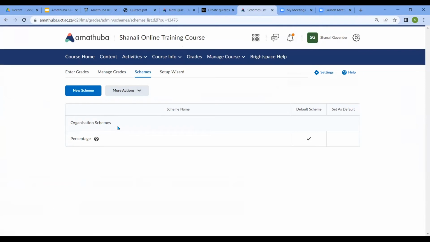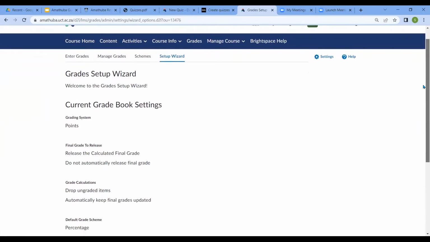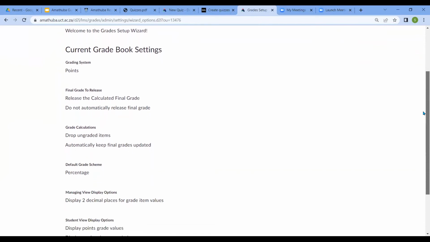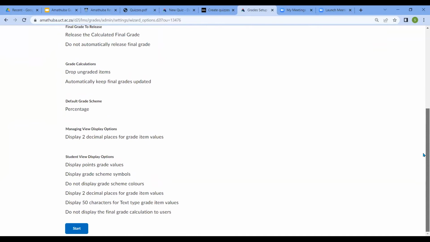We're not going to talk about organization schemes, I don't think at the moment. We could do a new scheme, but I think what we should do is we're going to go straight to setup wizard. And the grade setup wizard is a really good place to start. And it talks you through all of the different questions or items that you need to have answers for in order to set your grade book up. And so if you click on start over here,